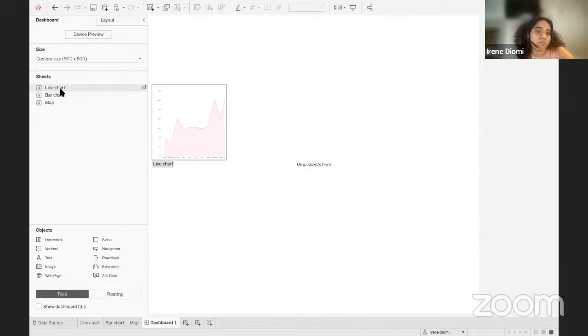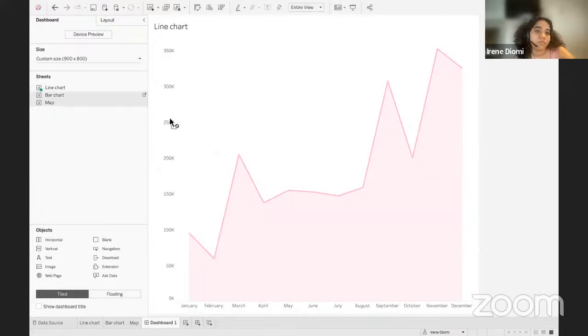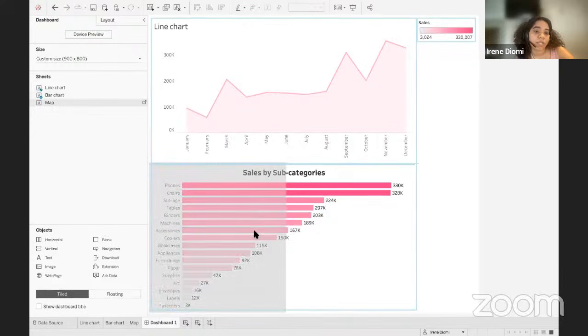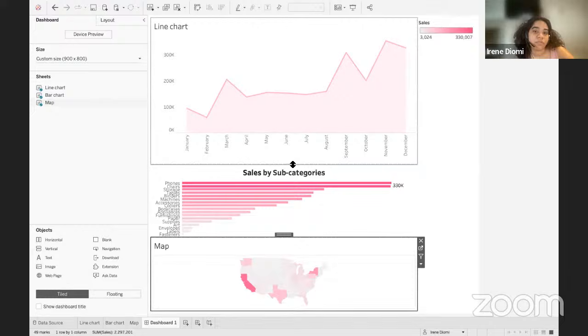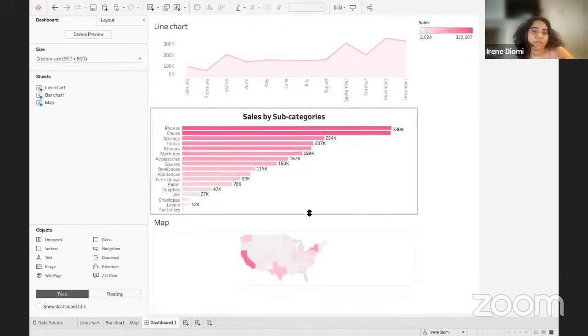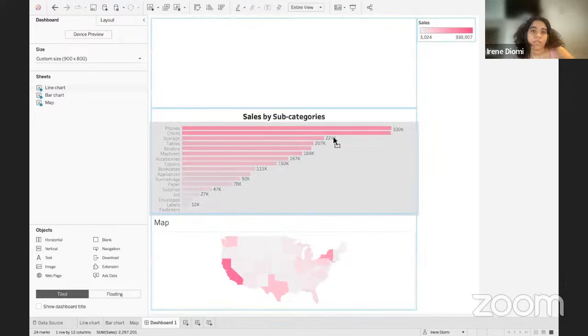So we can just drag and drop our different charts. I'm just clicking and dragging it, and I'm getting this gray area, and I can just drag it within my visualization like this, and maybe make